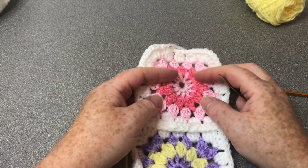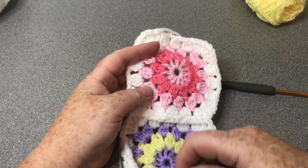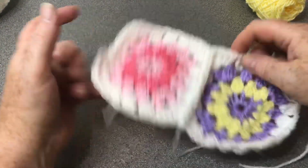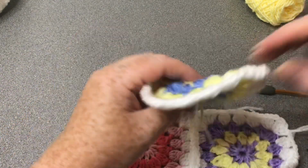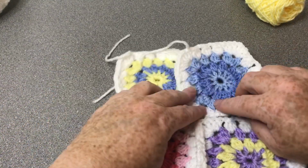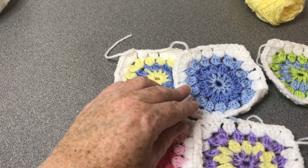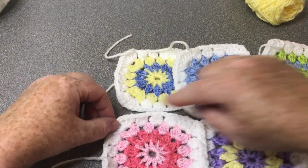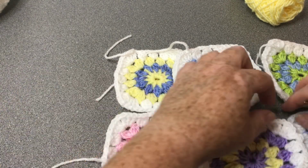So what I do is I will do a line of my 5, and then my corresponding line of 5, and then I do it this way. So I would have, these would be attached and these would be attached, so I'd have like a big long line of 5 each side, say for instance like this, and then I would just get my crochet hook and I will slip stitch along,